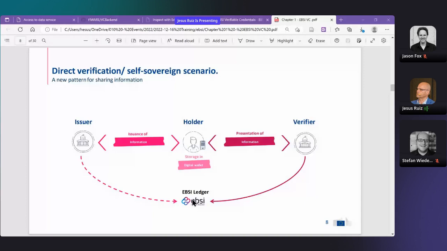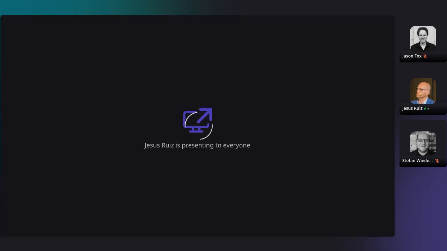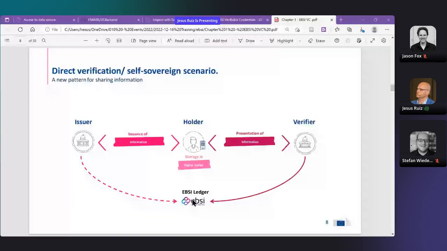This is a model which is different than the traditional cloud-based things. Every node in the blockchain network is operated maybe in the cloud, maybe on premises, maybe whatever, okay? But at the end, there is not a single entity which owns the ledger. And this is critical for the trust of the whole thing, okay? Now, having said that,